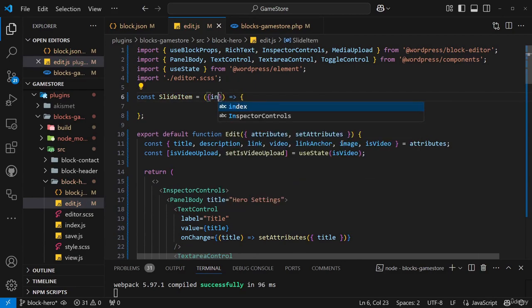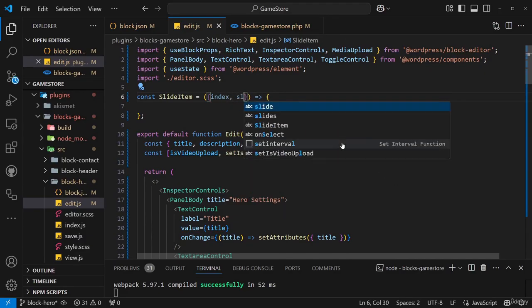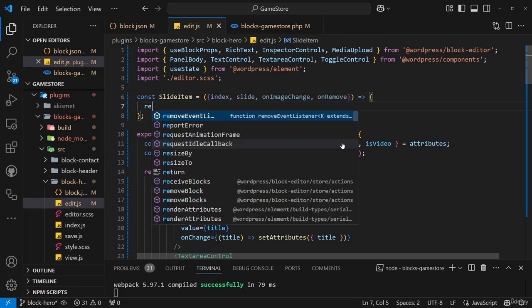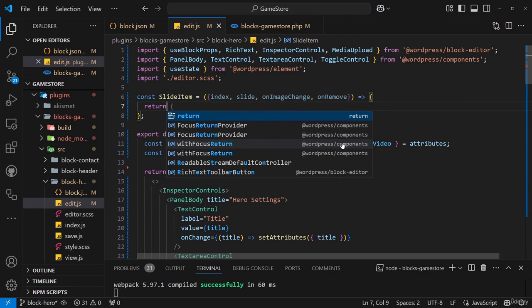It will have a brute index. It will have a slide. For images, we will create a callback on image change. And we will also create on remove for the possibility of deletion. And it will return for us